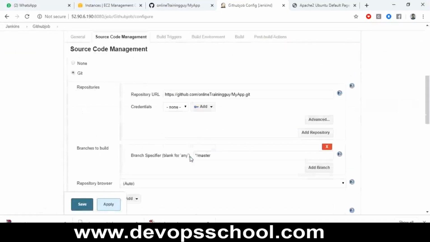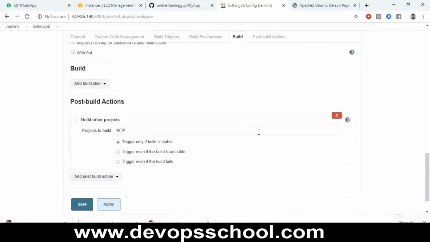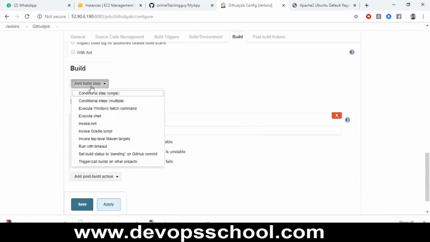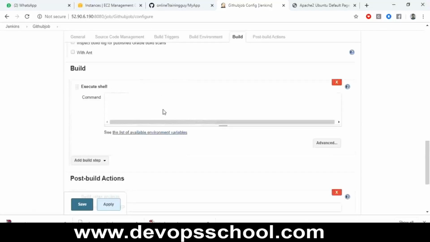And here what I am doing, I am just downloading from my Git. Okay, is there any build step? Okay, there is no build step, so let us create that build step. And I will say execute the shell, and here what I will do,